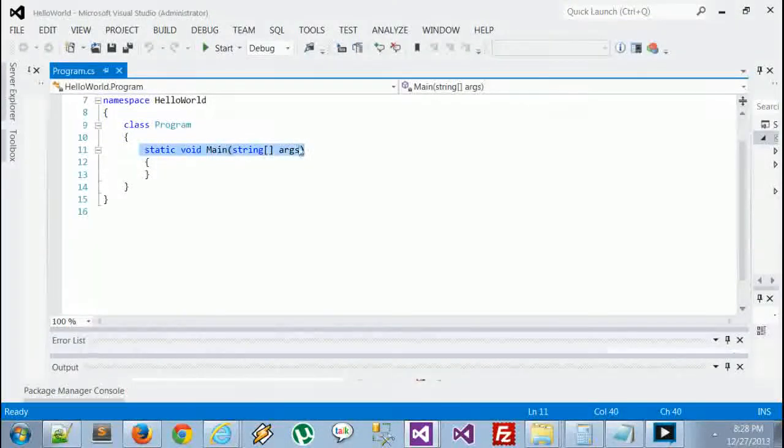Now, the static void Main, you're going to see this in every console application. This is actually where your program begins, so when you start this program, this is how it starts. So anything you put in here, it's going to make the computer do when you run it. So to do our very first Hello World, all we're going to need to do is